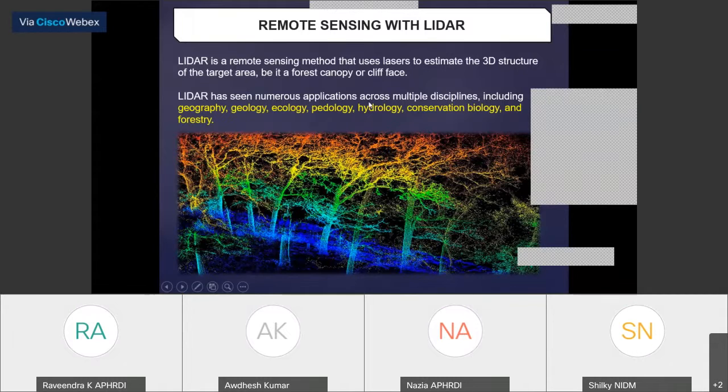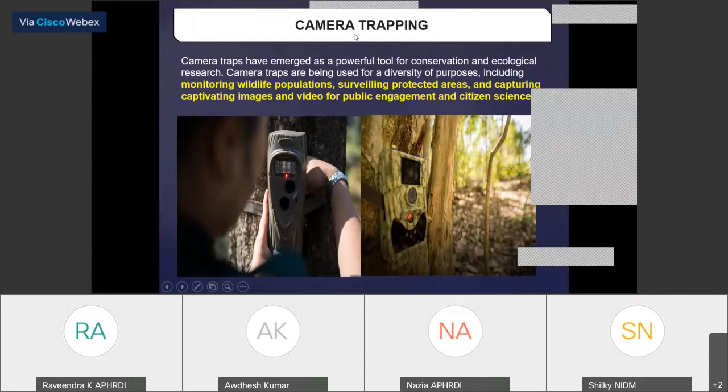LIDAR has seen numerous applications in assessing these disasters, and it generates a 3D structure of the area, as I discussed in the LIDAR. And here we can sense the animals there. And here you can see camera trapping is there. Lots of animals have their